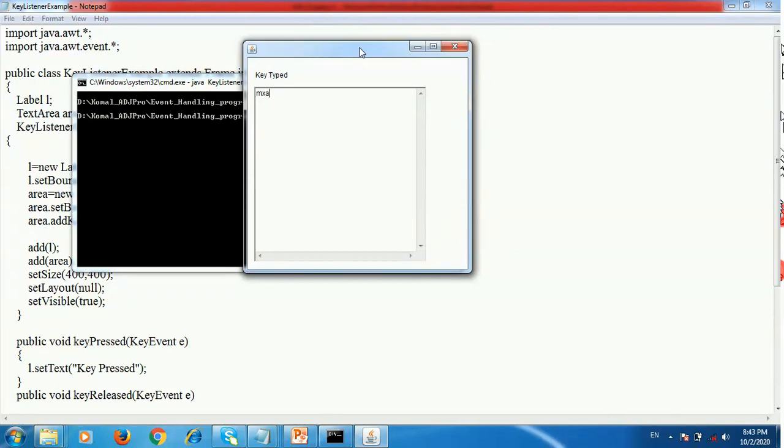When you type any key continuously, at that time the keyTyped method is invoked and the label shows key typed. And when you release the particular key, at that time the keyReleased method is invoked and the label displays key released. This is the sample program of the key listener interface.